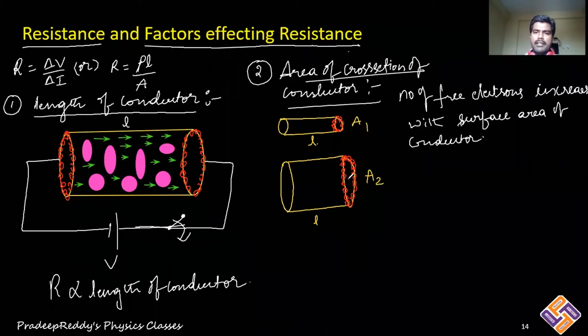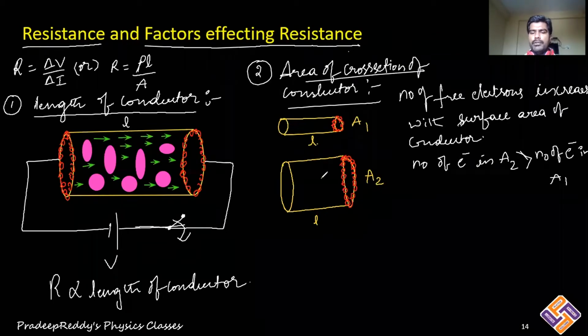In this case, number of electrons in area of cross section A2 is greater than number of electrons in area of cross section A1. Clearly, you can check it in the figure also. Here there are more number of electrons denoted with red ink in area A2, whereas in A1